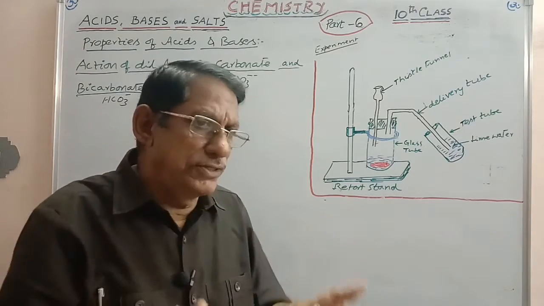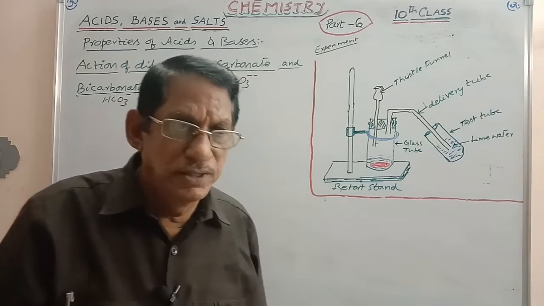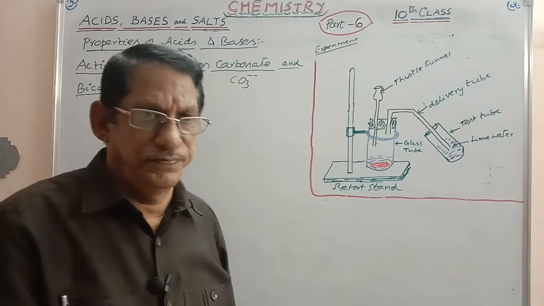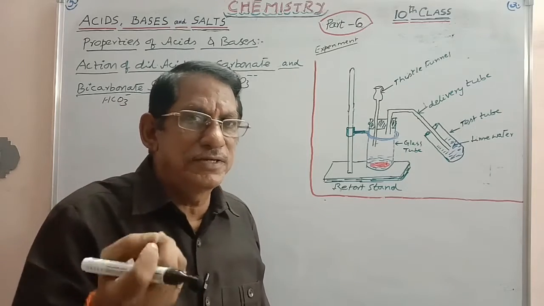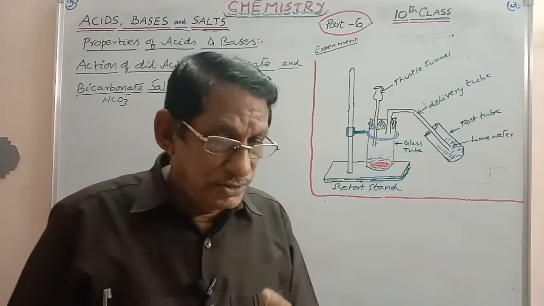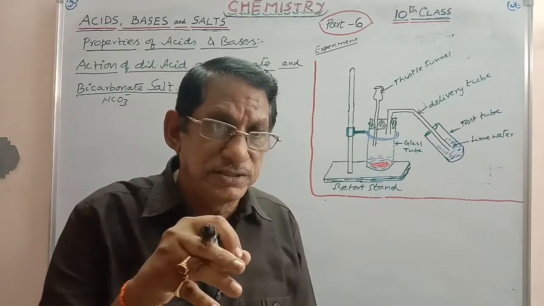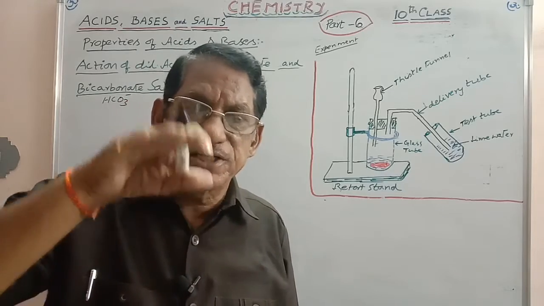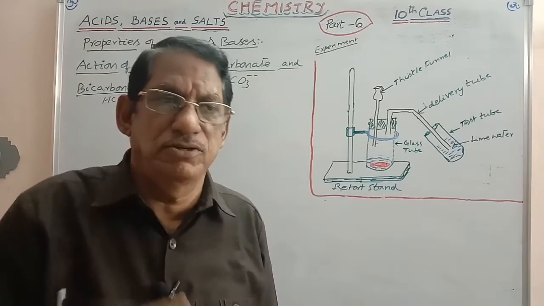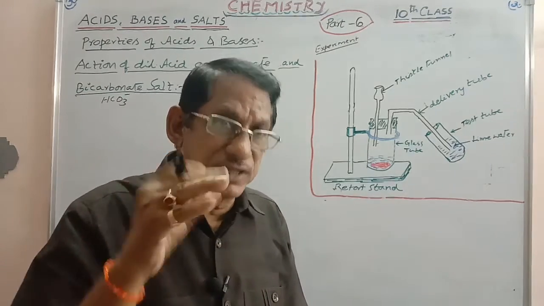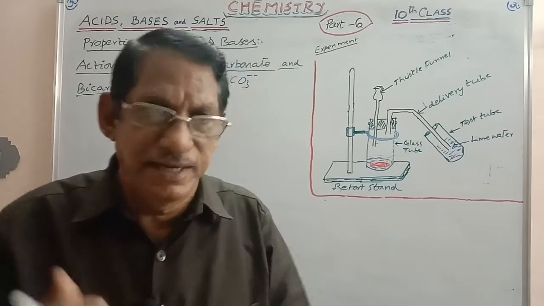Add dilute HCl to the walls of the test tube. When it comes into contact with the substance, immediately you can see carbon dioxide is liberated from the test tube. That too, if you observe carefully, this carbon dioxide is evolved with effervescence. You can observe the effervescence in the test tube. Bubbles will be coming out. Clearly you can see. So, evolution of a gas with effervescence is nothing but the evolution of carbon dioxide.